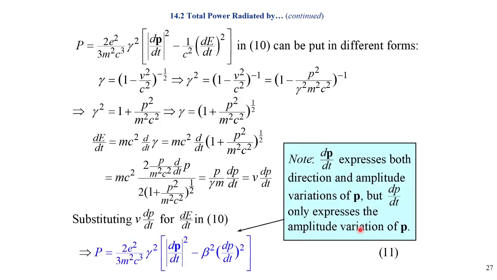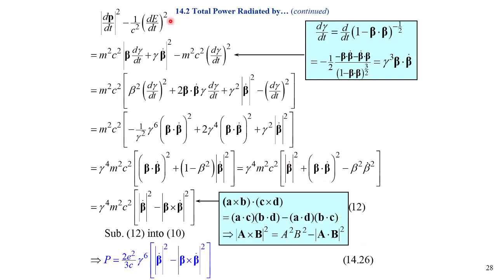So we have two expressions. Equation 10, we write into this form, and equation 11, we write into another form. Now, let me show you, we can have another expression in terms of beta. In terms of gamma, P, and E, that's equation 10. In terms of gamma and P, that's equation 11. Now, let's change to gamma, beta, and beta dot. That's equation